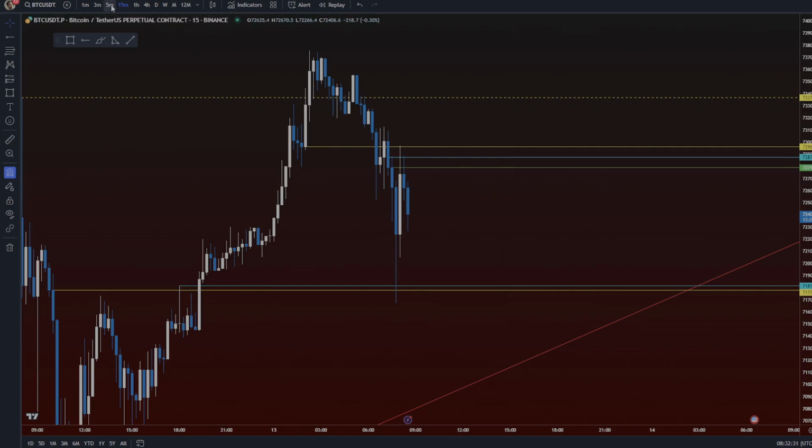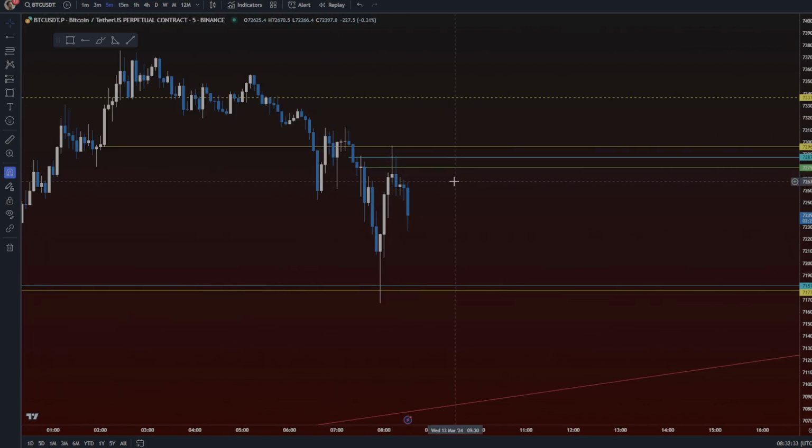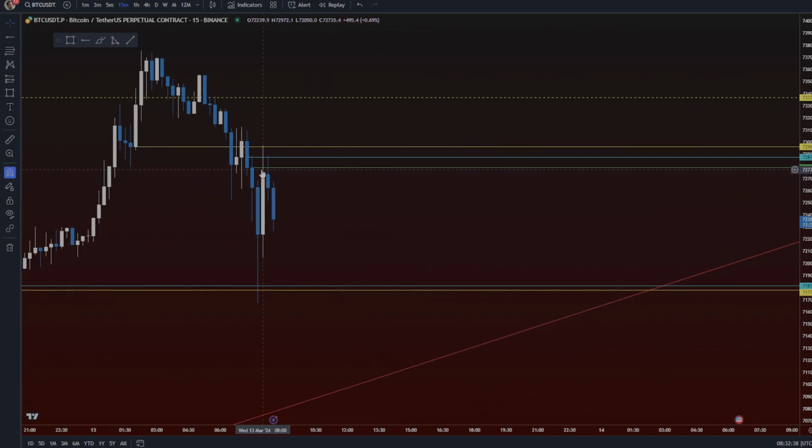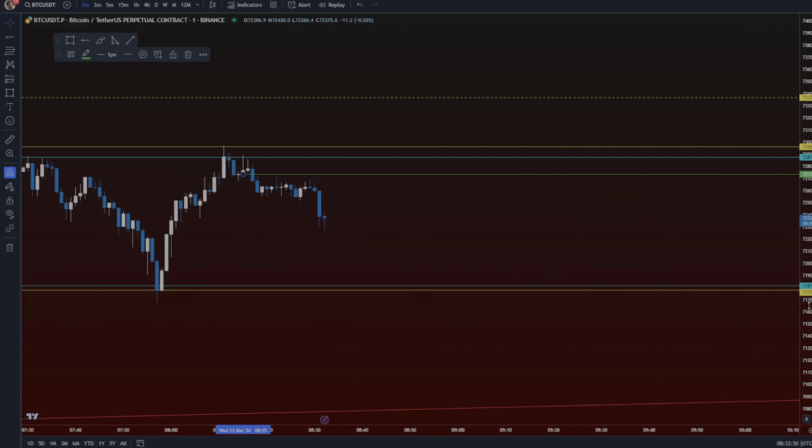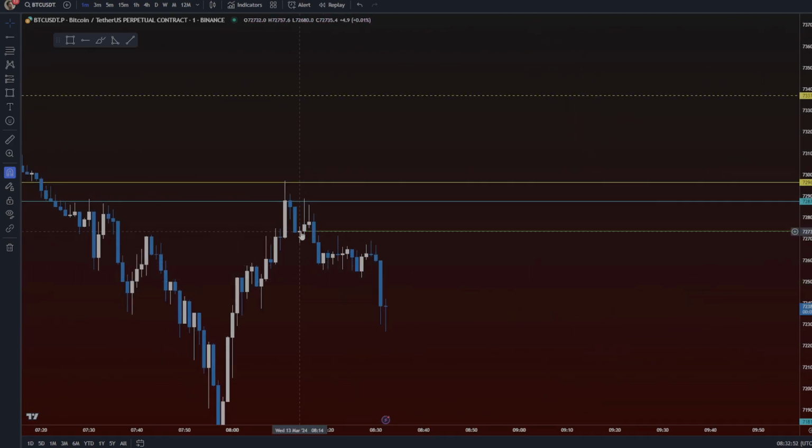I don't really know if you have any spots to get into shorts here. Right here, it's the only spot you have. Potential backside right here. It's literally the same as this. This is it. This is all you have to work with to get in on this trade. So if you're taking a short, this is it. I don't see a spot for anything else if you're going to move down.